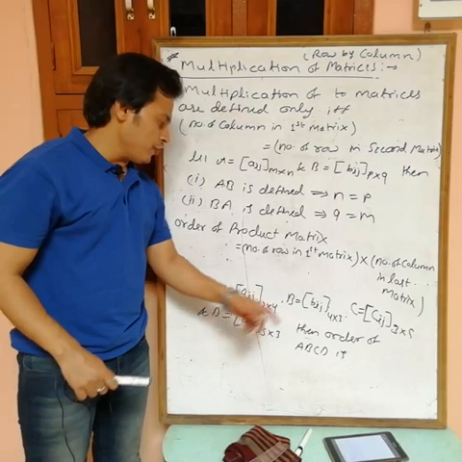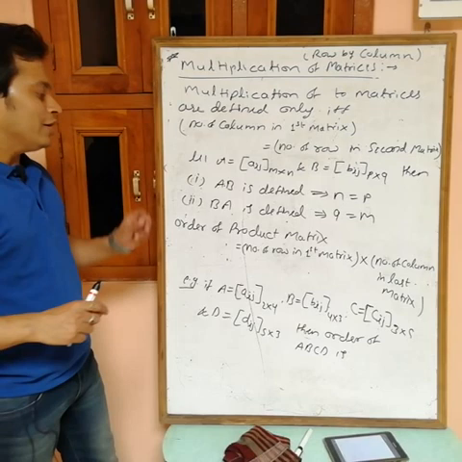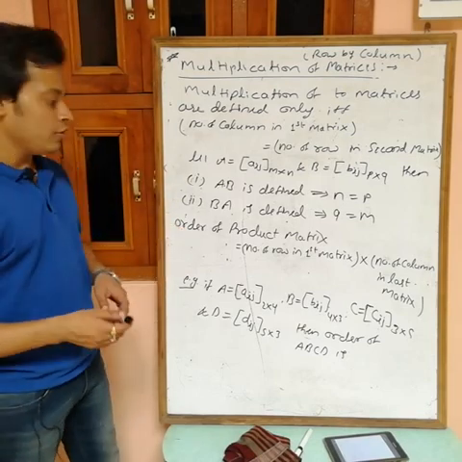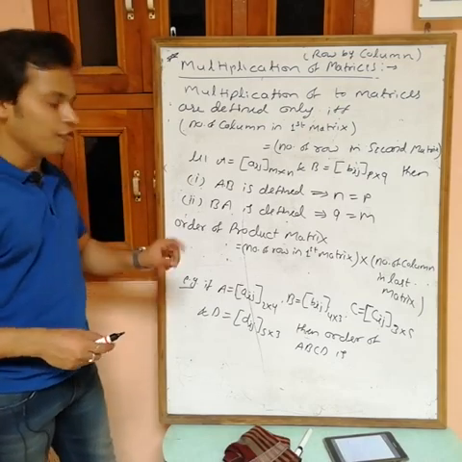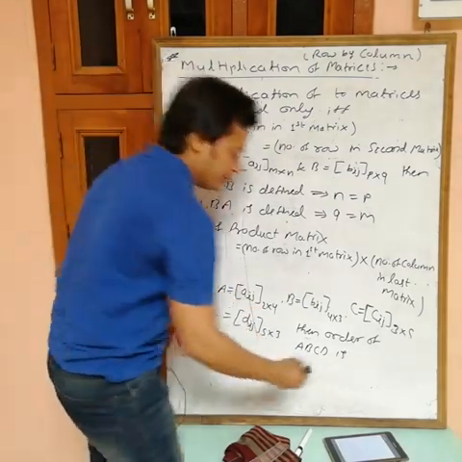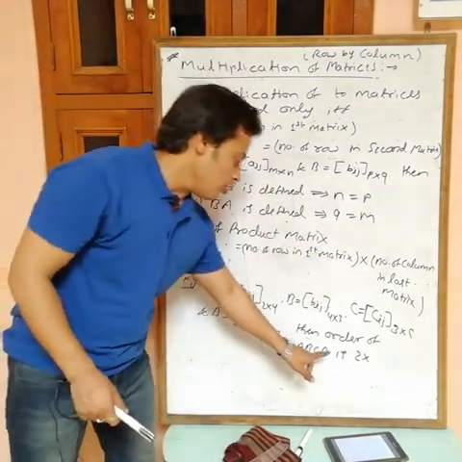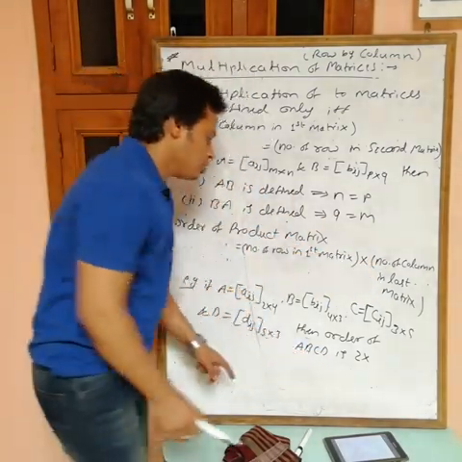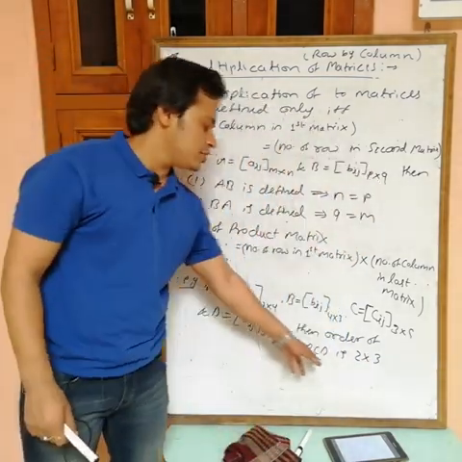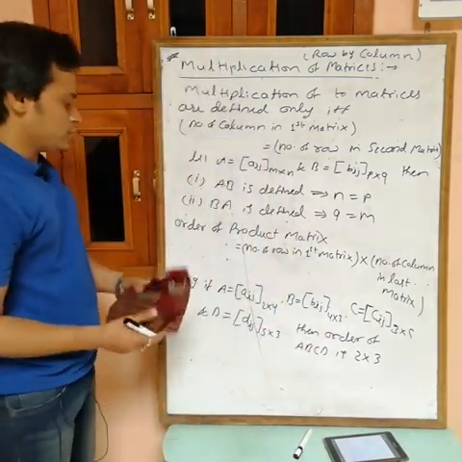Now suppose these four matrices are given whose orders are also given, and you want the order of the product matrix. Directly by using the formula, if the product is defined, then the order of the product matrix is the number of rows in the first matrix, which is 2, by the number of columns in the last matrix D, which is 3. If this product is defined, then the order of this product matrix ABCD is 2 by 3. How can I say that? We can prove this one, but first write it down.